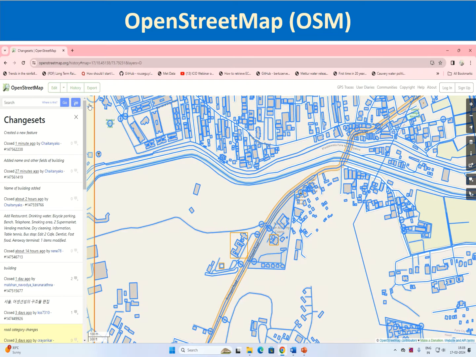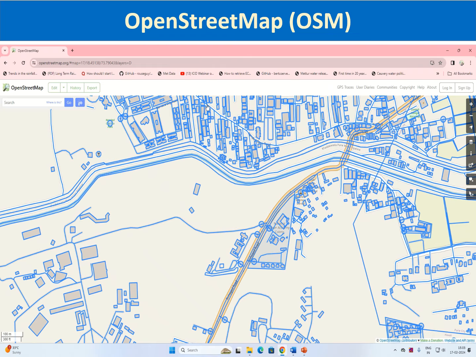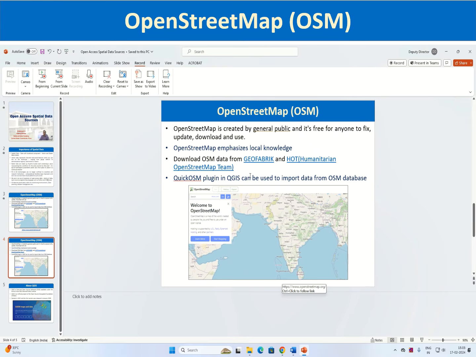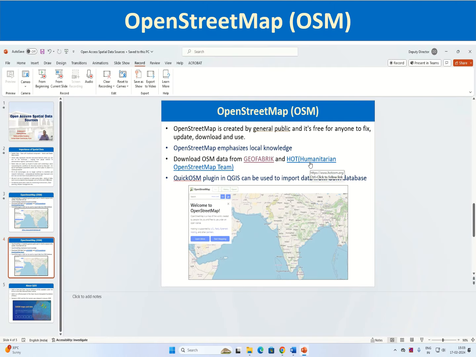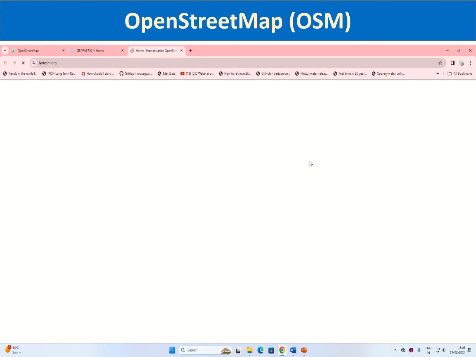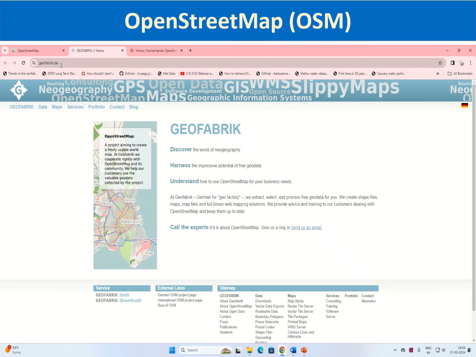Now let us see how to download OpenStreetMap data in the format where you can visualize the data in any GIS software, like in the shapefile format. Now you can go to this URL, geofabrik.de, and also Humanitarian OpenStreetMap Team, hotosm.org, and geofabrik.de. In the geofabrik.de you can check this